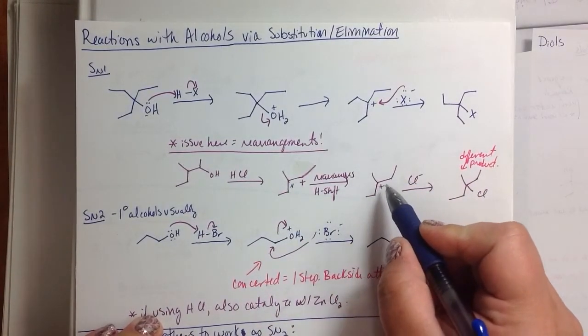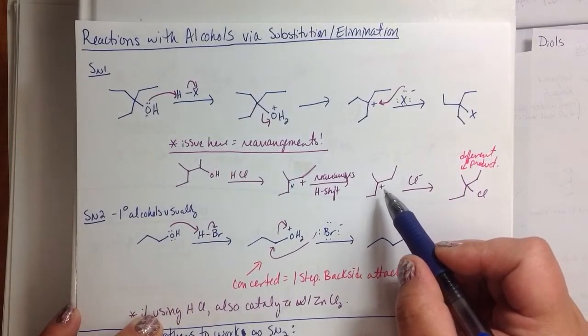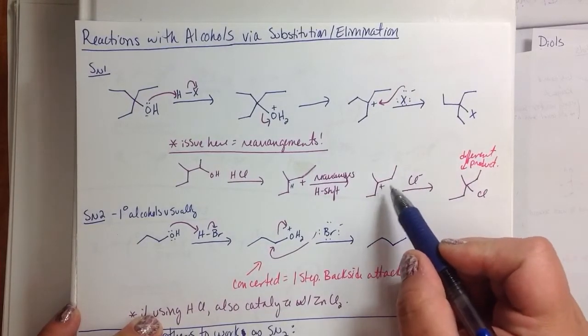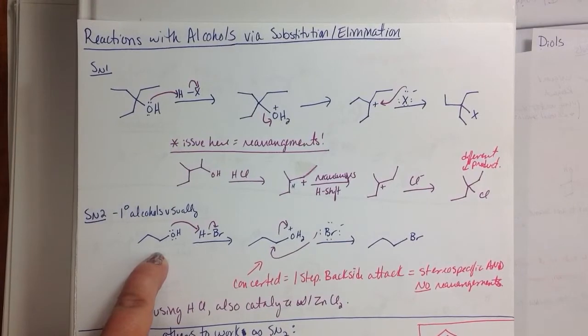And when that happens, you end up with a positive charge there instead. So this is a more stable arrangement, and that's why that happens. So chlorine would then come in here, and bam, there you go. Okay. Now, on the other hand, if you have an SN2 reaction happen, you're not going to get those